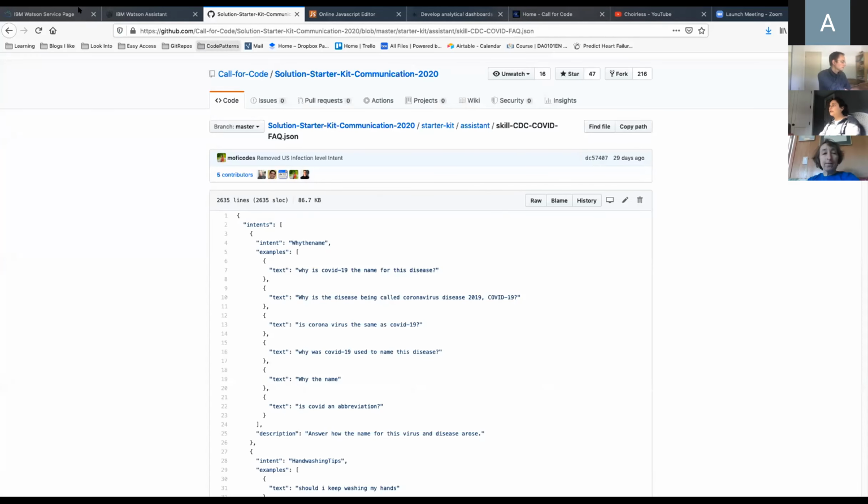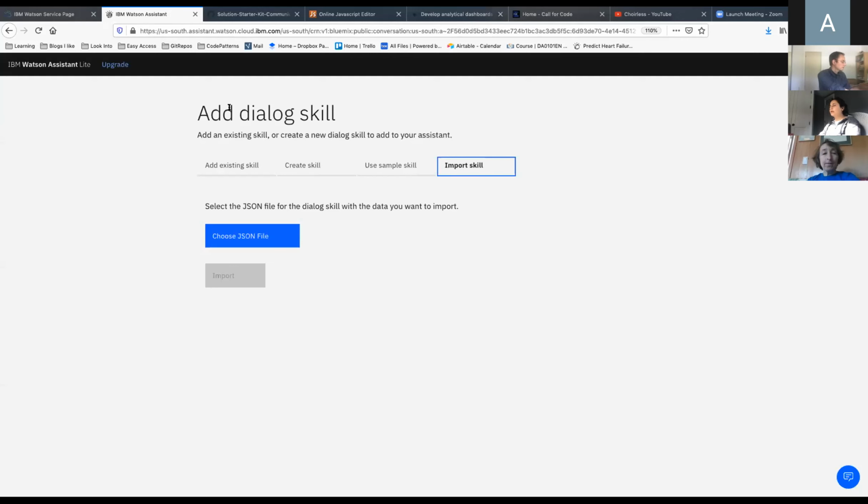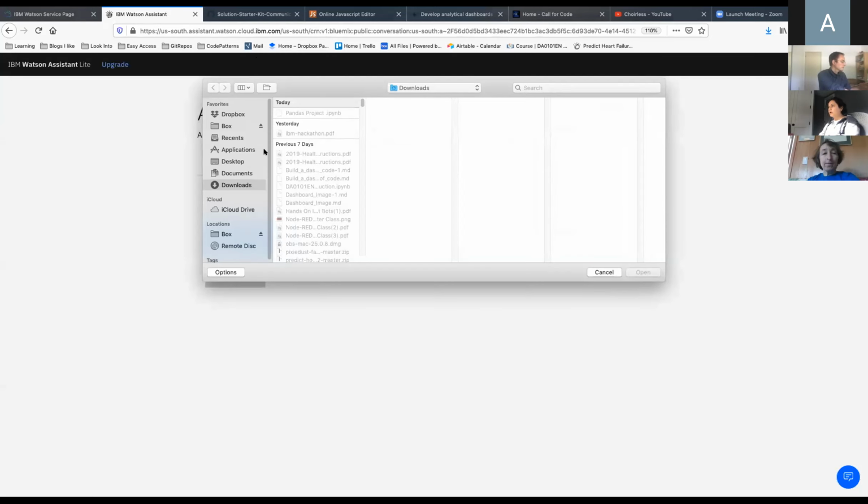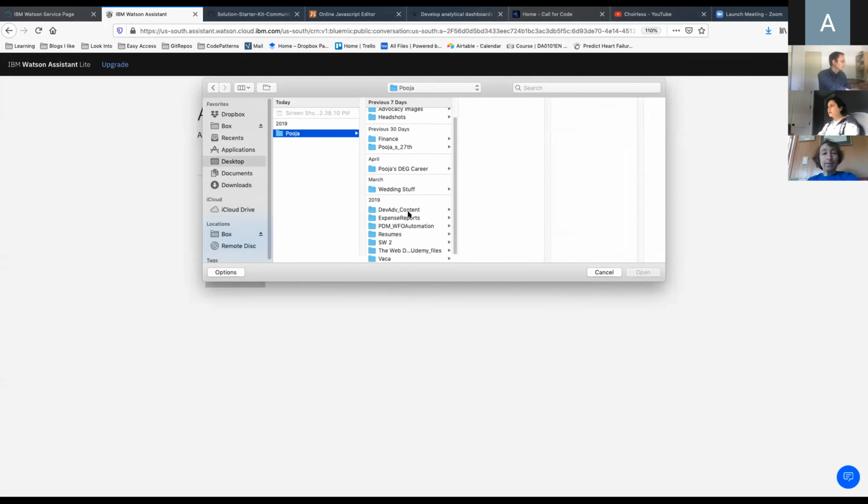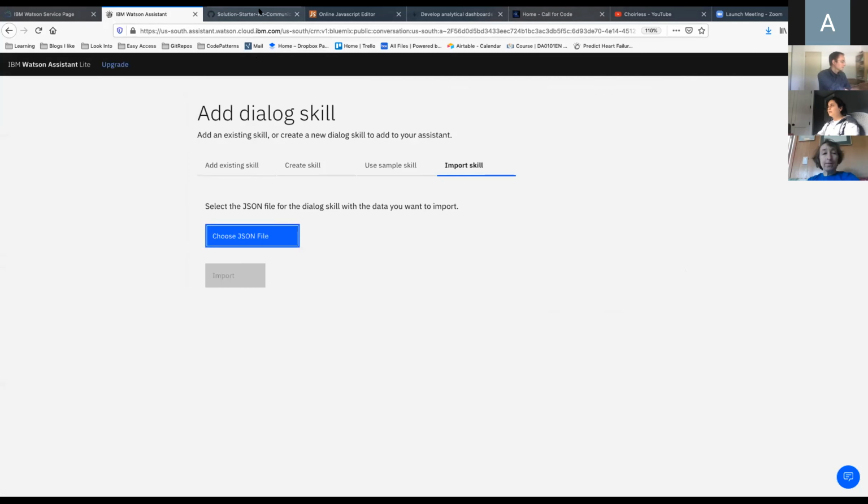I'm not going to do this right now because I've already imported the skill, but let's see if I can. I think I've created this a little bit before. Where is this? Dev advocate content. Hold on, let me just show you.